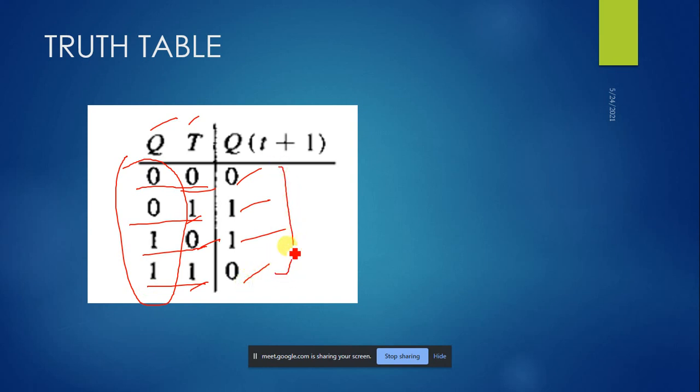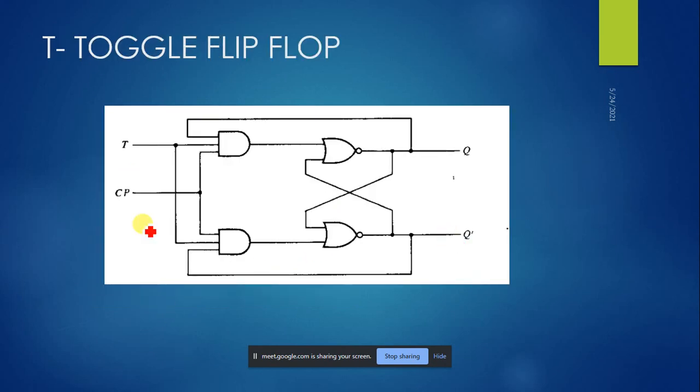This toggle logic is more or less equivalent to XOR logic. In XOR logic, if the two inputs are the same, the output will remain 0. So the toggle flip-flop will work as a toggling output, meaning it will toggle between two combinations, either 0 or 1. Only in these two conditions, if the combination is like this or like this, the output will be 1, else it will be 0, right?